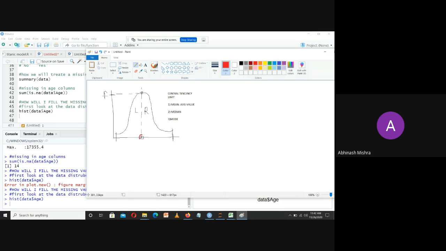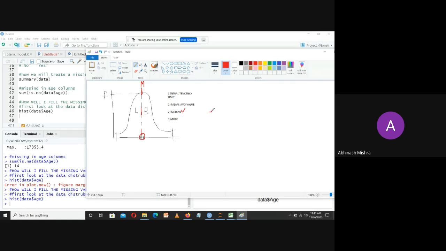Now, this is my actual value, or average value, I can say. Suppose in the graph this particular point is my mean, when the curve is UDF, meaning uniformly distributed, or the bell shape. Now, if I am saying median, what is median?